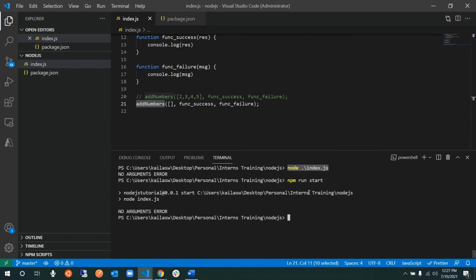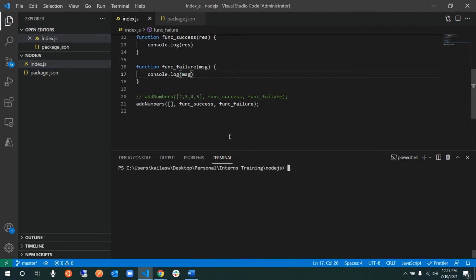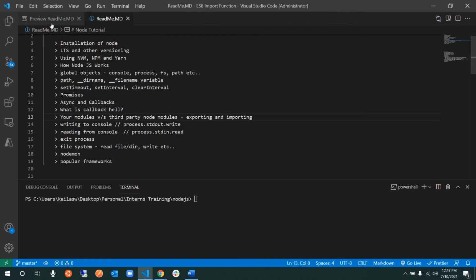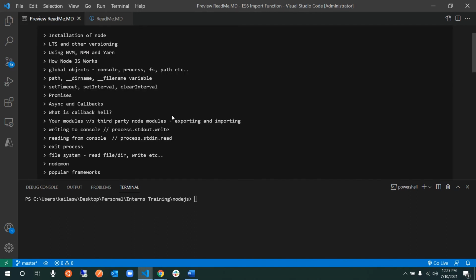So what just happened is that I ran npm run start, and then it internally ran node index.js, and that gave me an error or whatever result, which was expected, and it stopped. If I want to make changes continuously and keep executing as it goes, that's when you use a library called nodemon. Nodemon detects the changes in your code continuously and keeps rebuilding it.